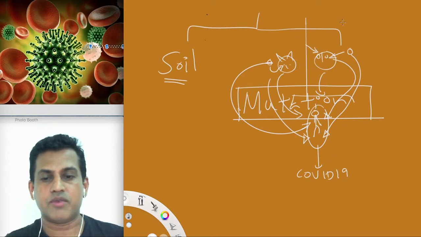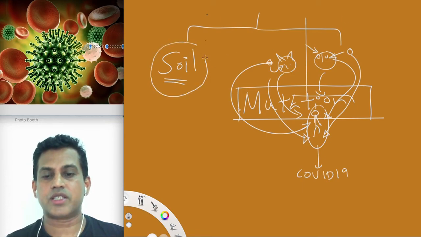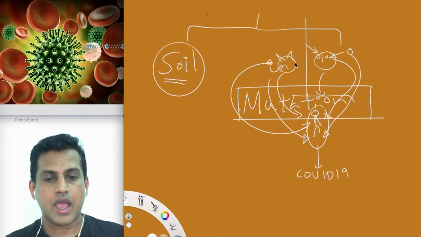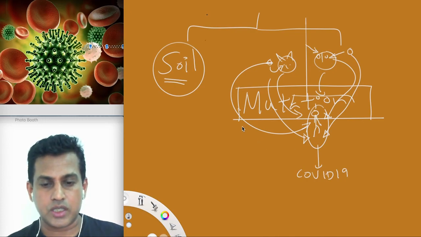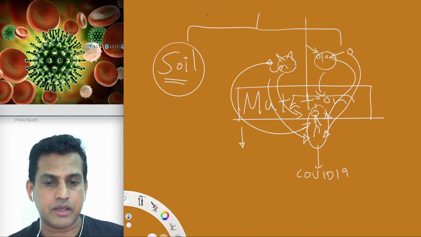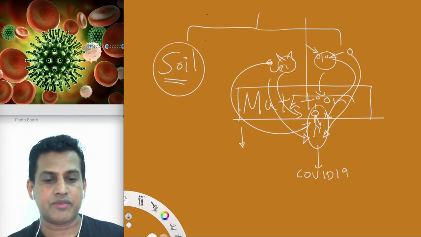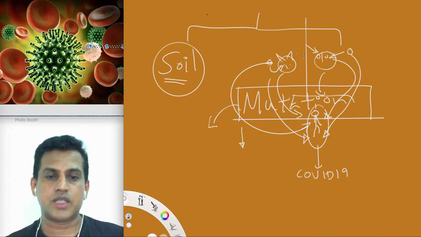So it's not coming from space, it's coming from the soil, like the few examples given in Siberia, and it's coming from other organisms to a human. So let's see what this mutation is and how this happens, and in this mutation why they become very infectious to humans, why it is spreading so fast, what exactly mutation gave to the virus. We're going to see in my next video.